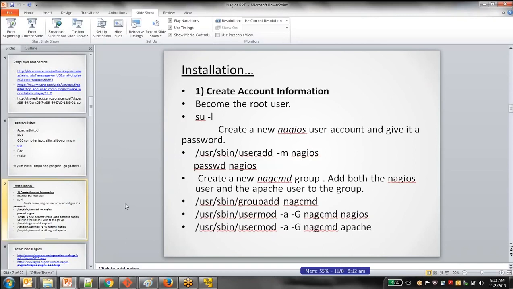Because if you are the administrator or the system administrator, you know the root and you're installing it, but you will not be the one maintaining all these things. So in that case, if there is someone else who has to maintain it, you cannot share the root password. So what you can do is create a separate account called Nagios and give this account's details to any other person who is managing this particular